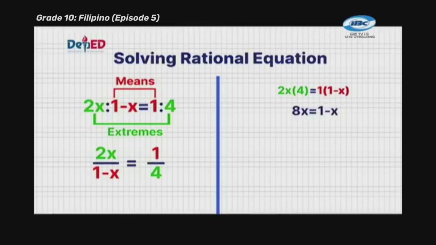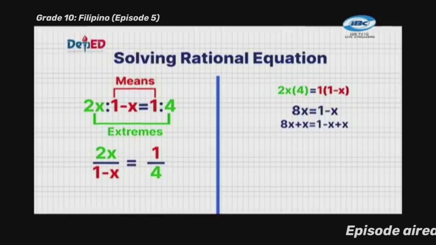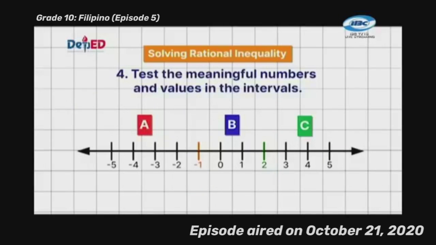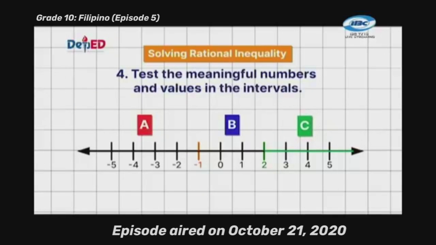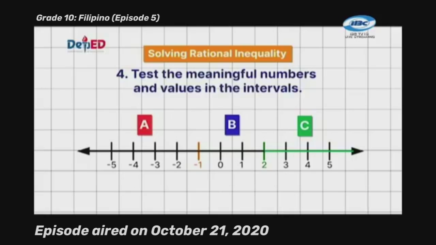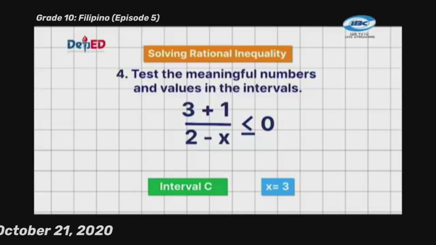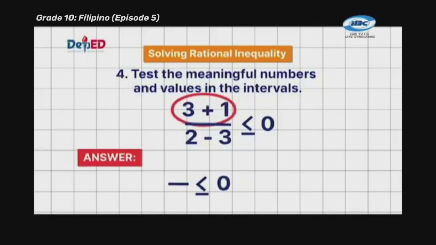And recalling our lesson in proportion, the product of the means is equal to the product of the extremes. In here, we have 2x times 4 equals 1 times the quantity 1 minus x. 2x times 4 is 8x, and 1 times 1 minus x. We'll have 8x equals 1 minus x. Let us solve for x. By addition property of equality, we add positive x to both sides of the equation for us to have 8x